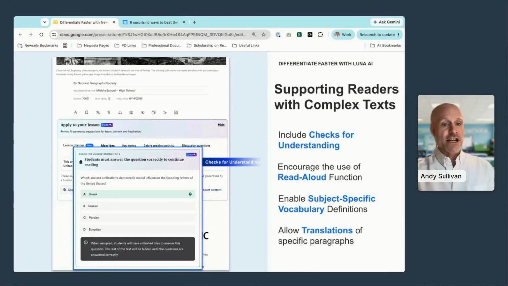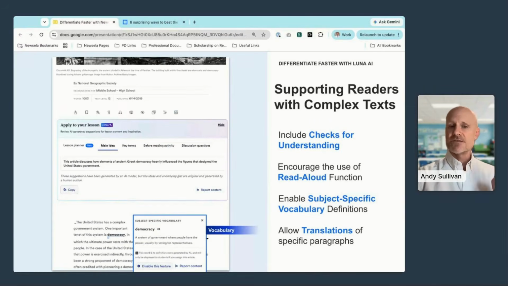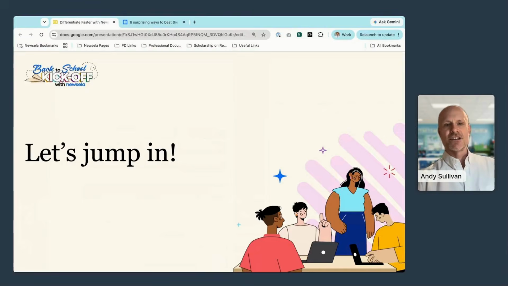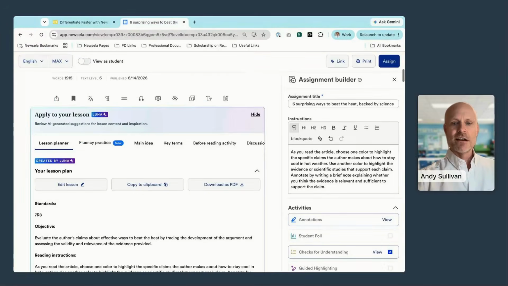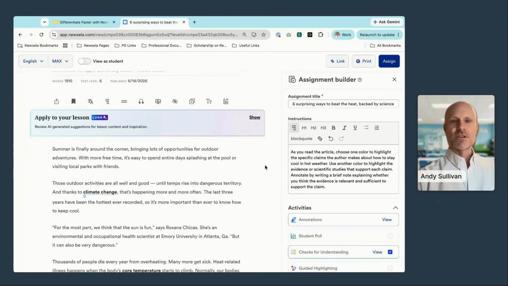We're going to look at checks for understanding, the read aloud feature, subject-specific vocabulary definitions, as well as a paragraph-by-paragraph text translator tool available on most articles in Newsela. Let's go ahead and check this out live. We're going to pop back over to our article on beating the heat. For now, I am going to hide our Luna lesson plan here, and we'll take a look at the body